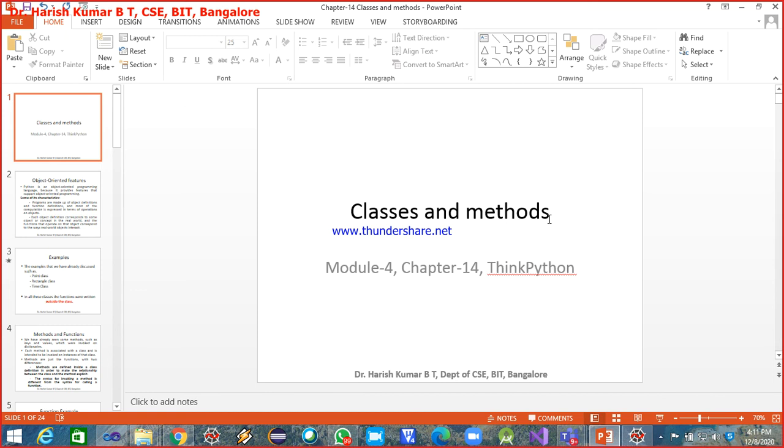In the previous class, you understood the difference between the pure functions and modifier functions, and how modifier functions are used in order to update the instance which is passed as argument to the function. So now today we'll just understand the classes and methods.